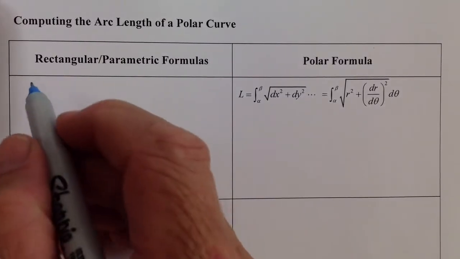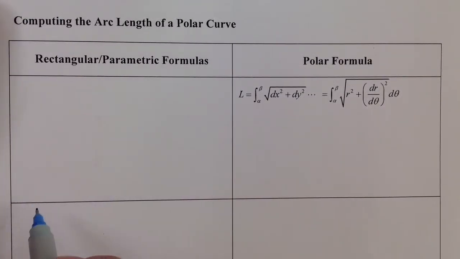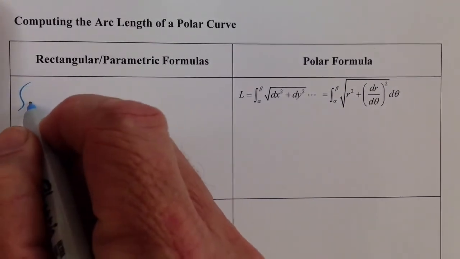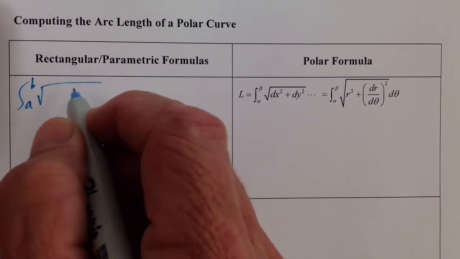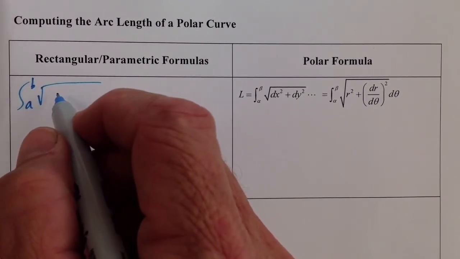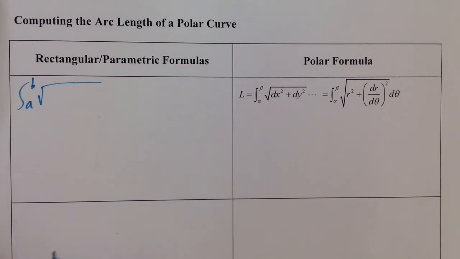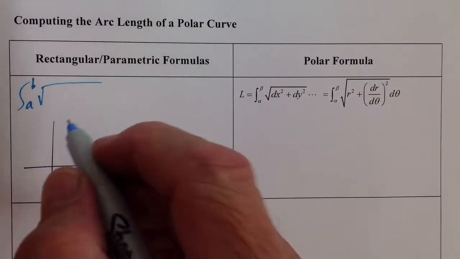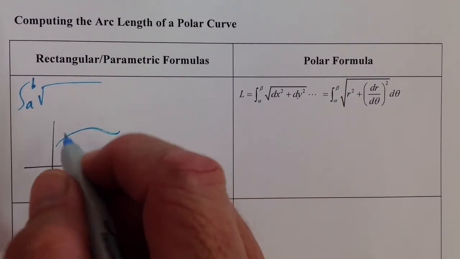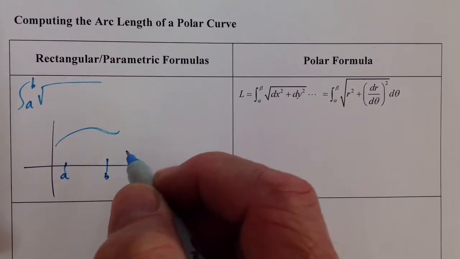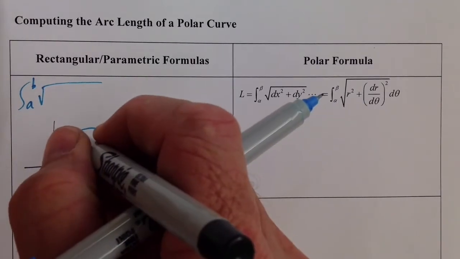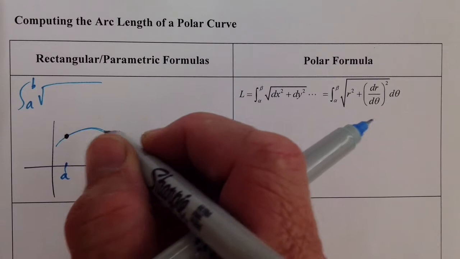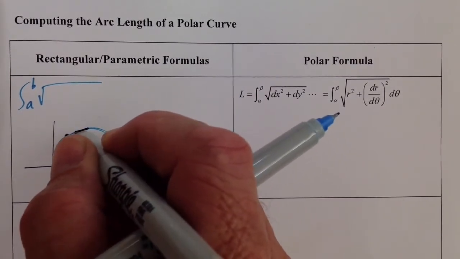If you remember way back when, we talked about the length of an arc in rectangular coordinates, and we started off with the length from A to B. I was going to go ahead and derive that here, just to remind you how we got that. If we take this arc here in rectangular coordinates from A to B, we said, well, if we want to know what the length of the arc is from this point to this point, we're going to build just one